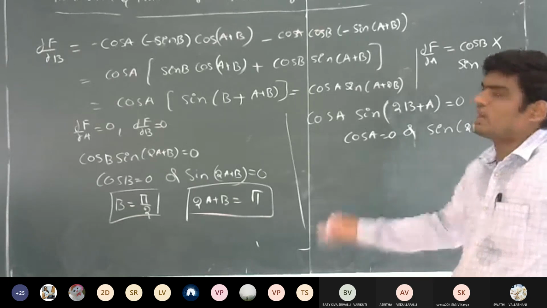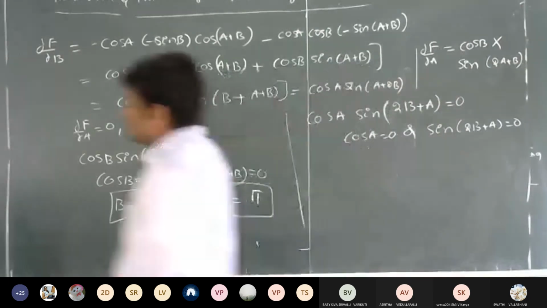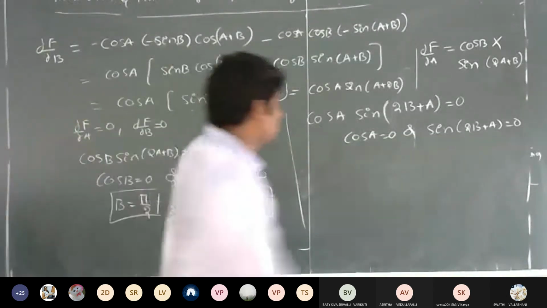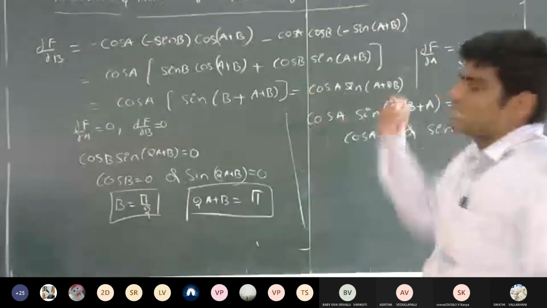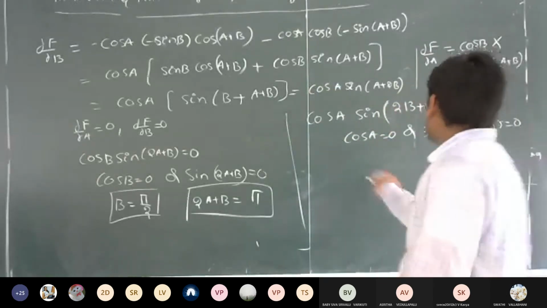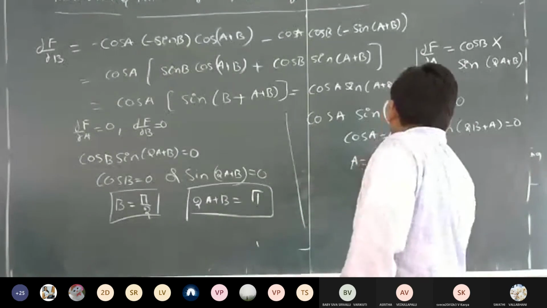We will solve this problem by using Lagrange's method of multipliers. But whatever you feel easy, you can follow that process. So this is the way for transforming the function of three variables into two variables. So here a is equal to pi by 2.